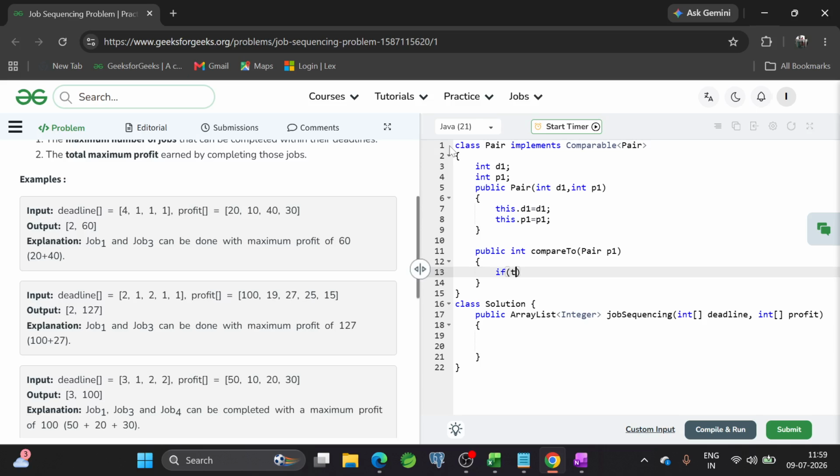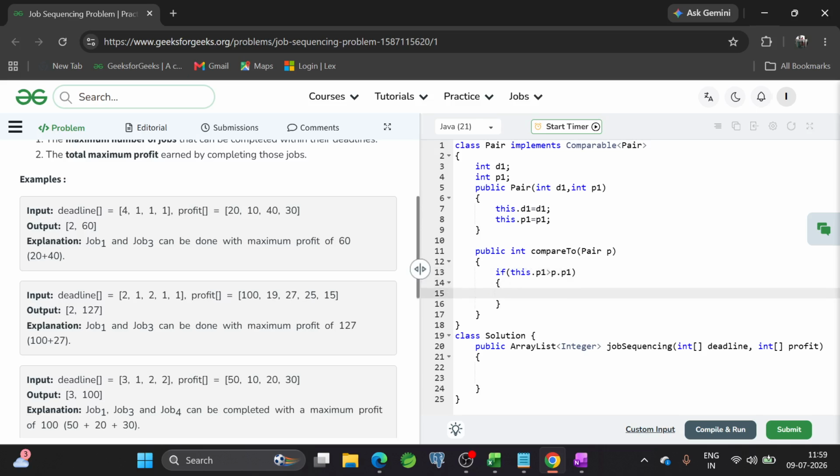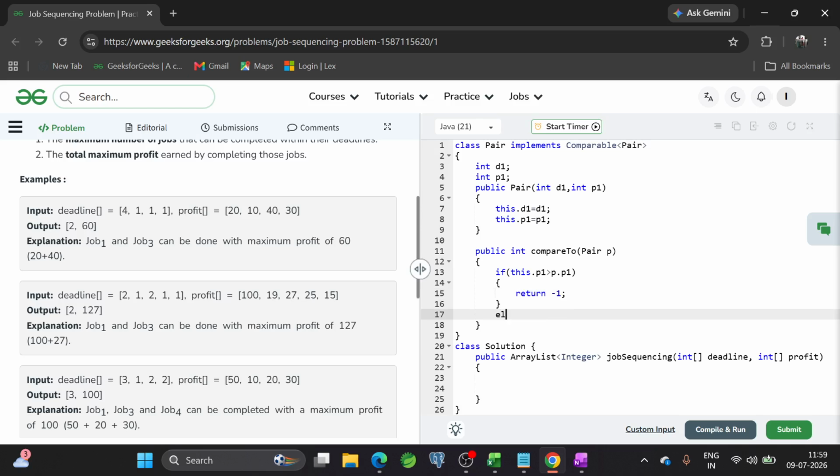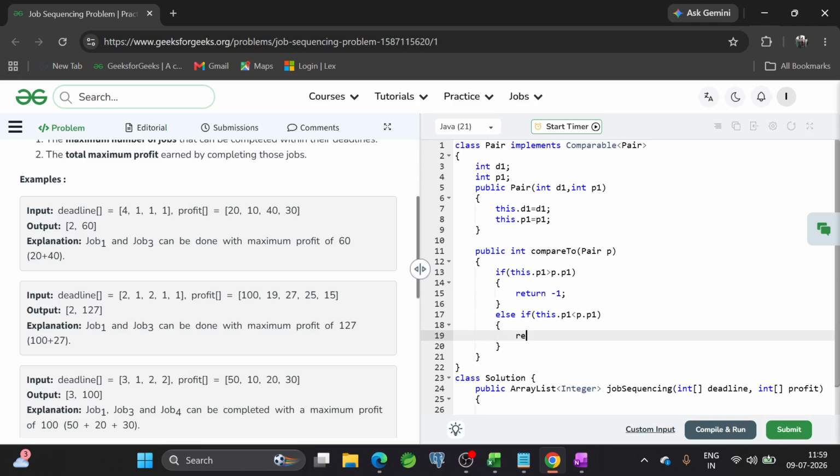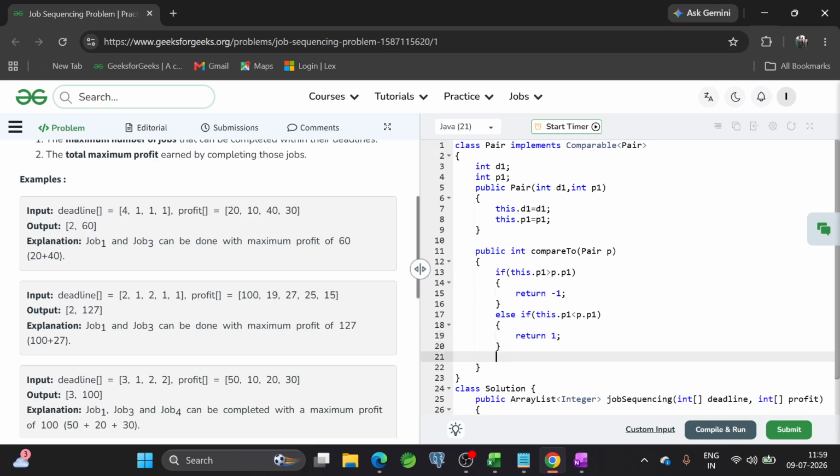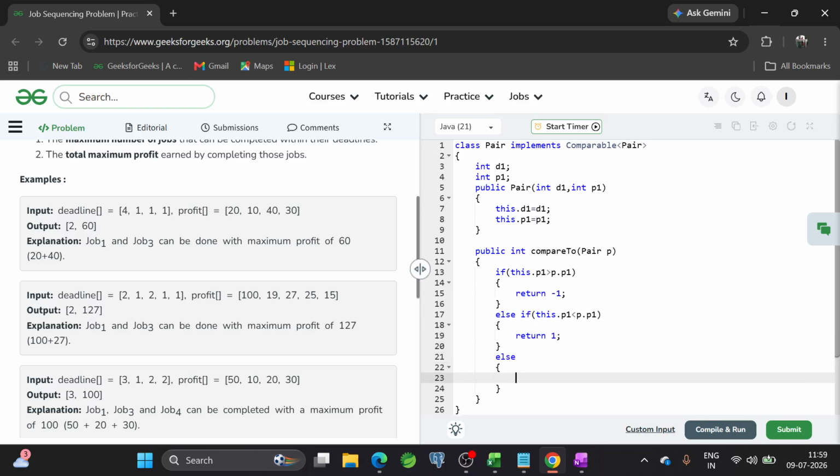If this.p1 is greater than p.p1, in that case I will return -1, else if this.p1 is smaller than p.p1, I will return 1, and in the else case return 0.